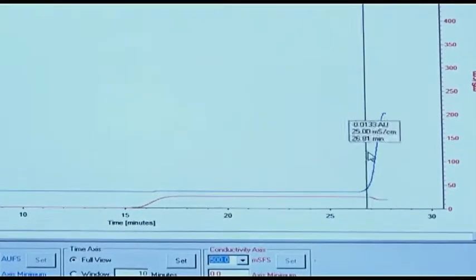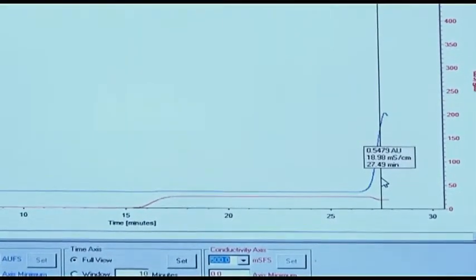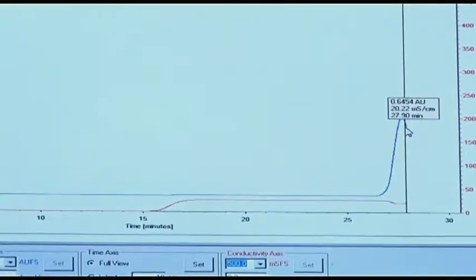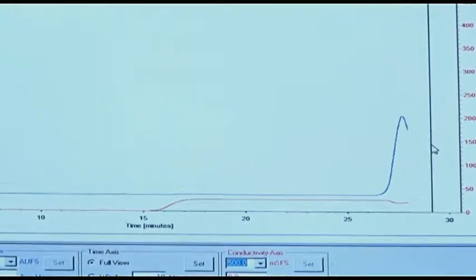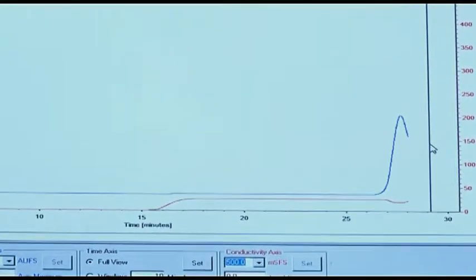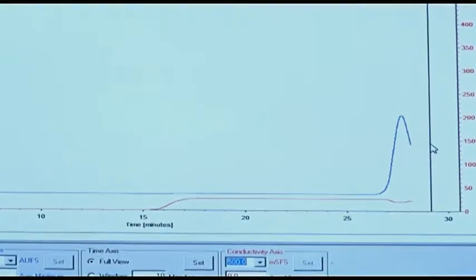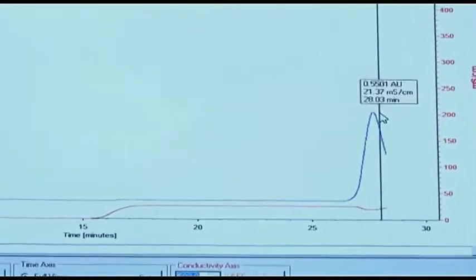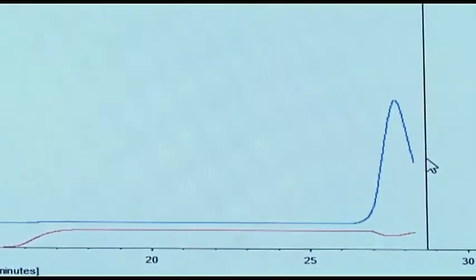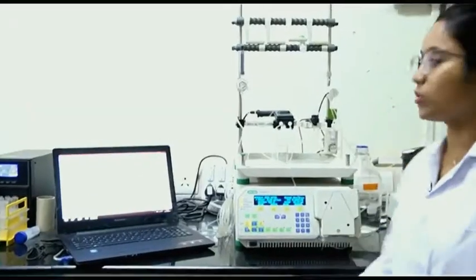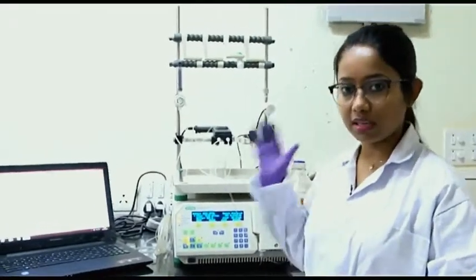As I mentioned earlier, the blue line denotes the absorbance detector. Whatever protein does not have these consecutive histidine residues will come out right now, because it will not get stuck to this nickel column, and as we have 10 millimolar imidazole, it will displace any kind of non-specific or low binding of other proteins. Now it is going down. Anything which does not have histidine is coming out. We have to wait till it goes again to a straight line. That means my protein is inside the column and other proteins have come out completely from the column.